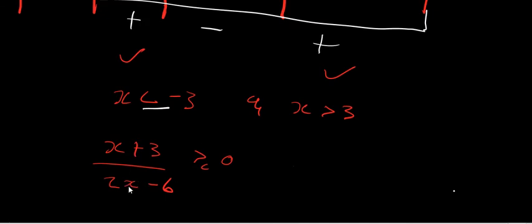Then for the denominator, if you put a 3 there, it's going to be 0. So when the denominator is 0, it's going to be undefined. So meaning you won't have to put an equal to there. That's for testing. So therefore, the solution set is just x is less than or equal to -3,